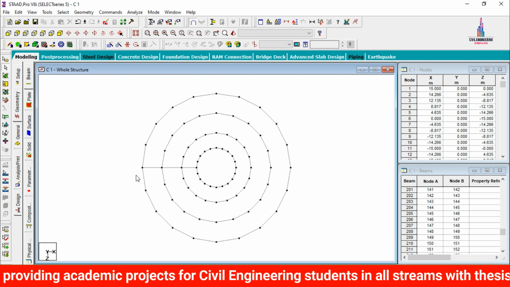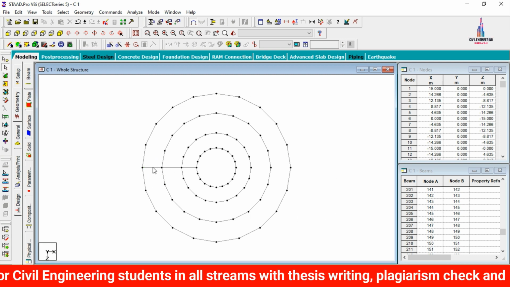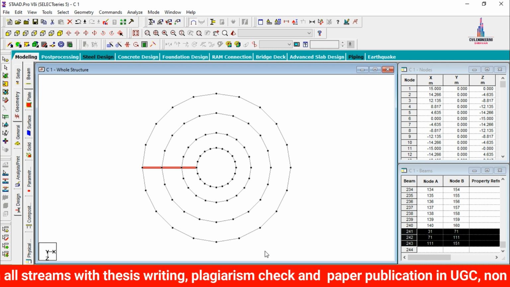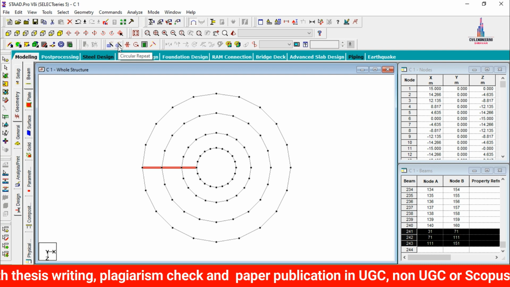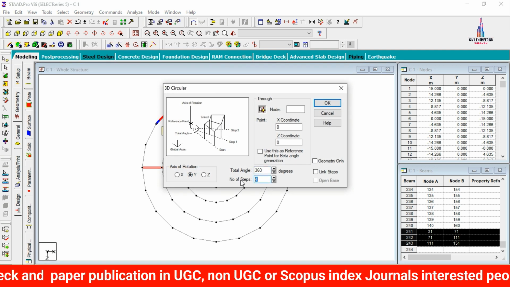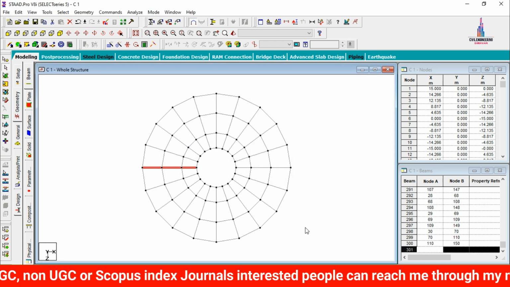In the same process we have to copy the respected beams in circular shape. So for that we have to copy this respected property of 3 beam sections in circular shape section. So for that we have to click on this circular repeat option, which is in Y direction coordinate system, and which is consisting of number of bays as 20. Click on OK. Now we can see all the beams are copied here.